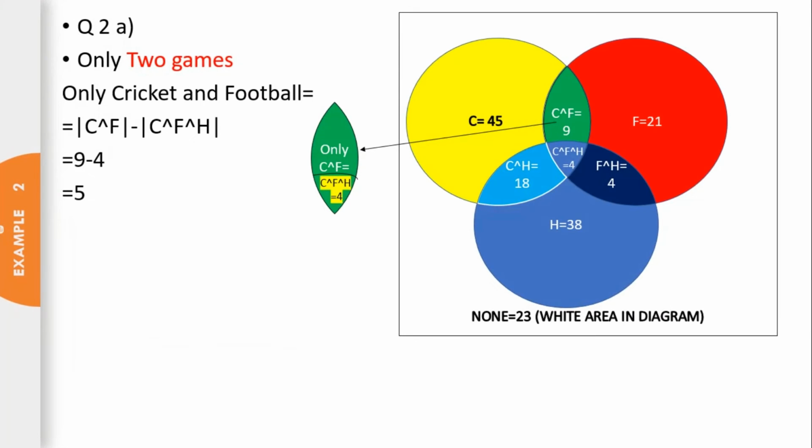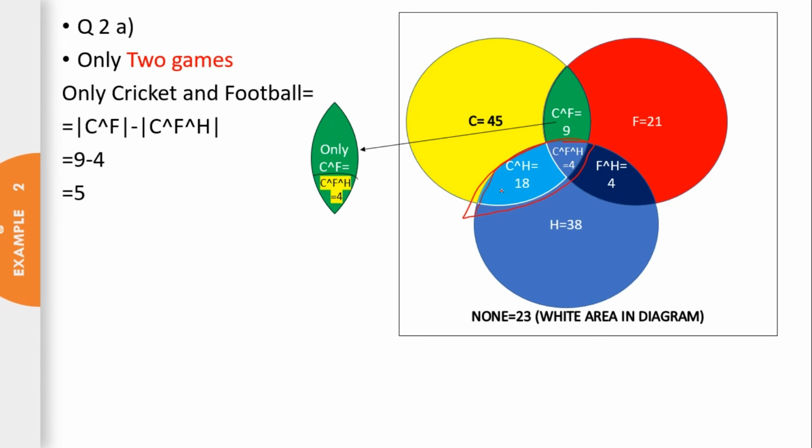In the same way we have to calculate how many sportsmen are there which are playing only 2 games, not all of these 3 games. So from where we can get the value of that, this is the portion where sportsmen are playing 2 games, but it is not additionally given whether they are playing only these 2 games, cricket and hockey, or they are additionally playing football also. So we just have to separate this thing from these 2 parts.